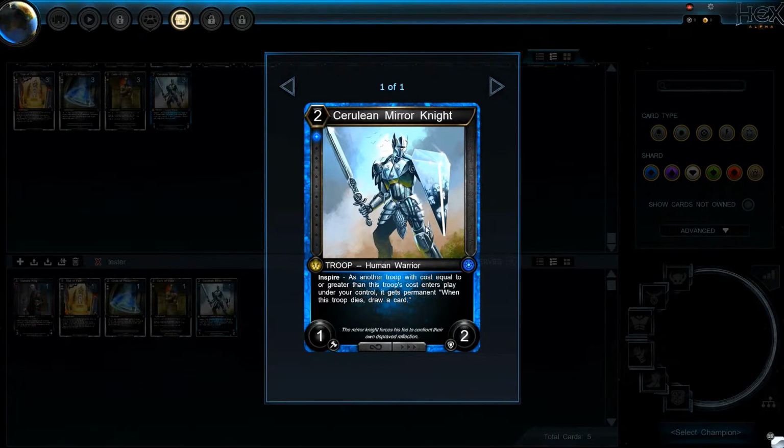Cerulean Mirror Knight is the next one. It's blue 2 casting human warrior. Inspire as a troop with cost equal to or greater than this troop's cost enters play. When this troop dies, draw a card. So it inspires troops. When they die, you draw a card. That's pretty good too in an inspired deck, especially if you can get out,